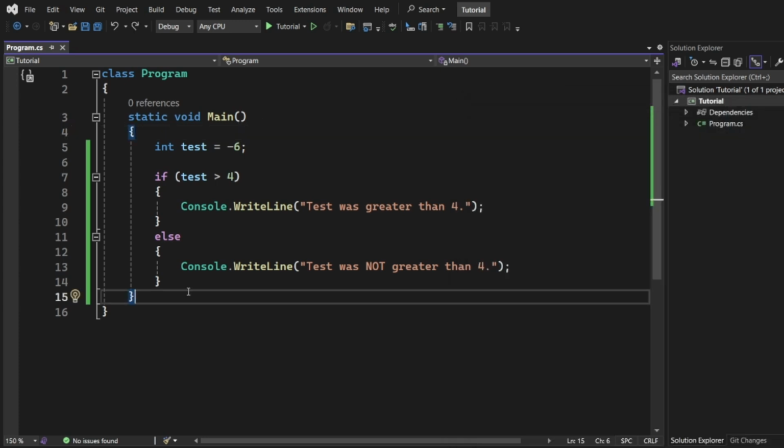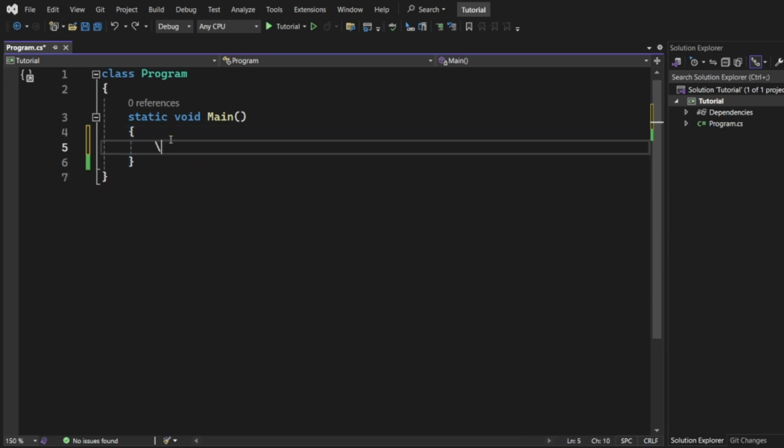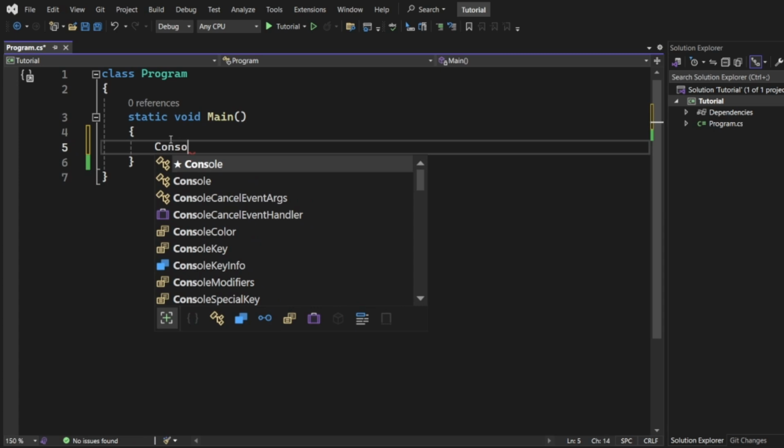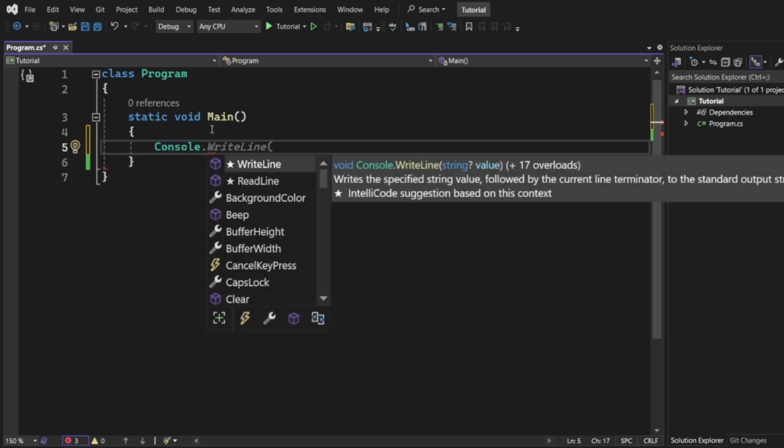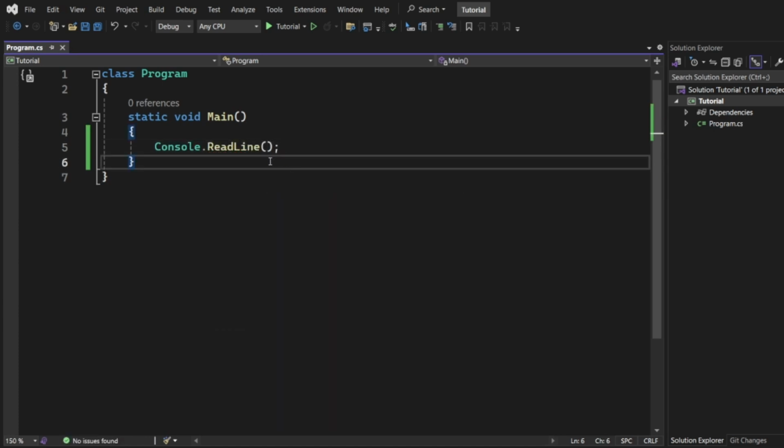So I think that's fairly straightforward, but we can make this a little bit more interesting. So I'm just going to delete what we've got here. There is a function that I'll introduce you to, also in the console object, called readLine. It's already been suggested there, console.readLine. Now what this basically does is allows us to type a message into the console. So it will wait for us to type that message, and then once we do and press enter, it will